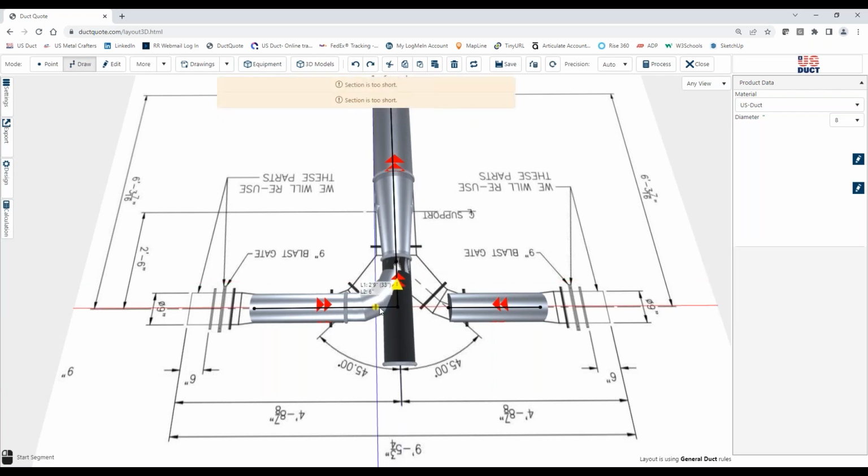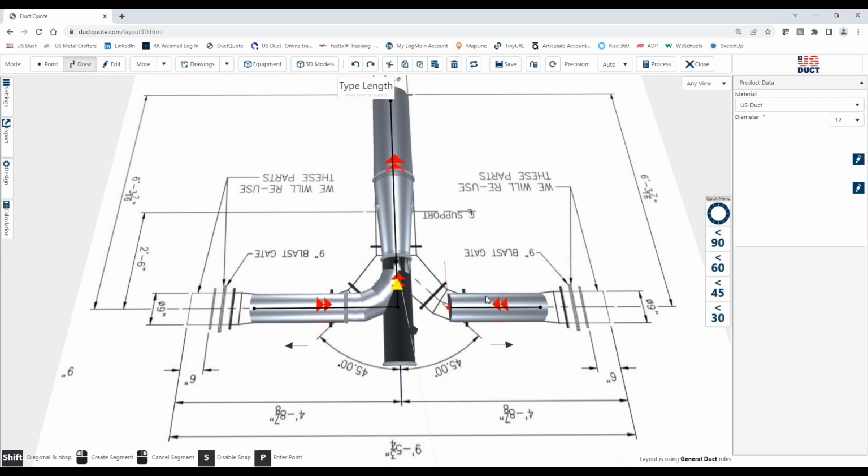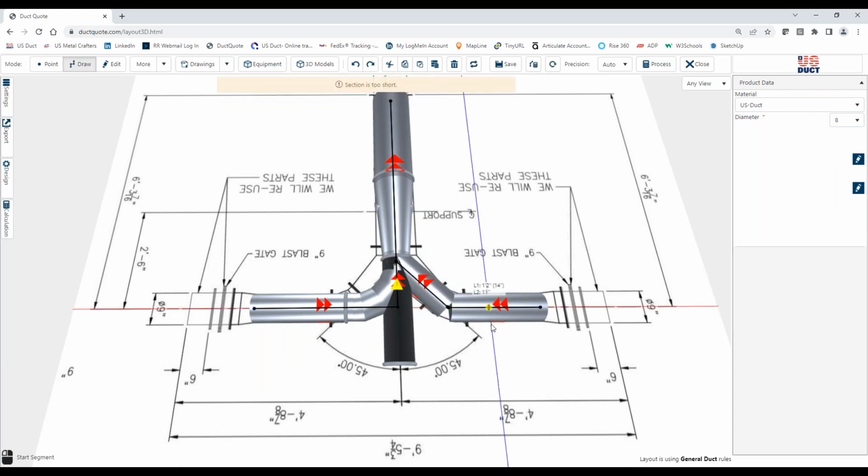Now, because I'm bringing two dissimilar sizes together, DuctQuote assumes I'm trying to create a branch. Well, I am, okay? But if we now draw from here at 45 degrees, and this will again be our 8-inch, and bring it over and connect it,